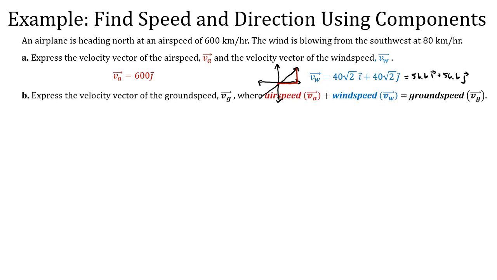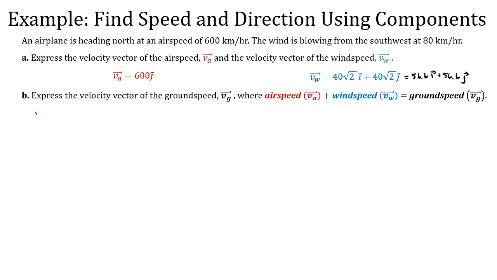Okay, let's take a look at part B. Part B says to express the velocity vector of the ground speed. Okay, we saw airspeed, we saw wind speed. To find the velocity vector of the ground speed, airspeed plus wind speed is equal to ground speed. Maybe let me get rid of this little picture so you can actually see what this says. Okay, so they want us to find